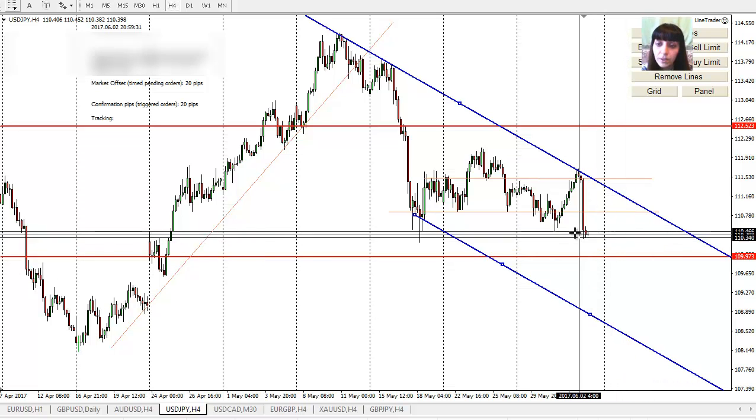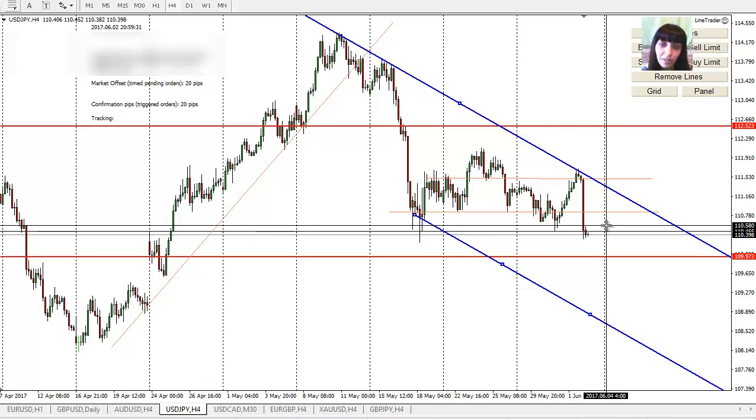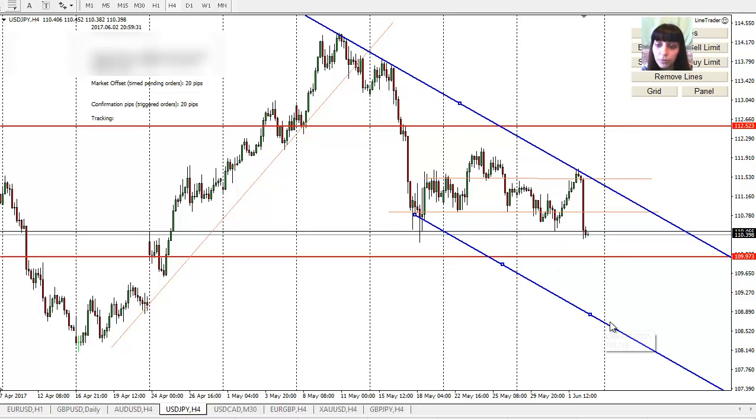Possibly I should have really stayed in the trade, but the market opens and some news is coming again. I thought, okay, it closed me out with the trailing stop with a small profit from the previous trade and quite a nice profit from the news event trade. So I think I'm going to leave it and just see if it is actually the downtrend. I will move that level.